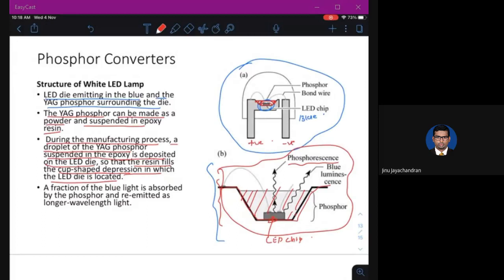The combined light travelling out of the LED is white. So a fraction of blue light is absorbed by the phosphor and re-emitted as longer wavelength light. Okay, so this is how the phosphor converters work.